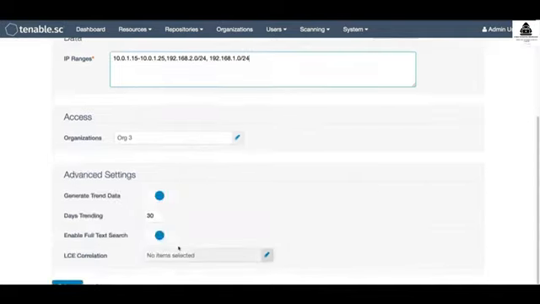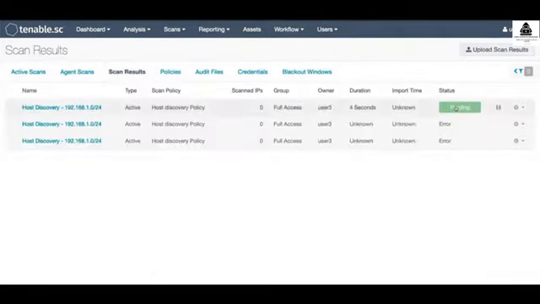I will hit Submit, and now when I try to run my scan, go back to scan results, you will now see that the scan is available, it's pending, and it will try to run the scan. To recap, the two areas that you want to verify is the admin user in Tenable.sc,